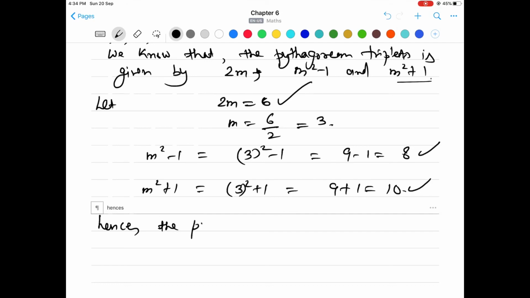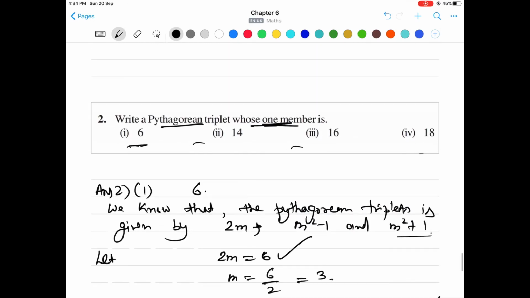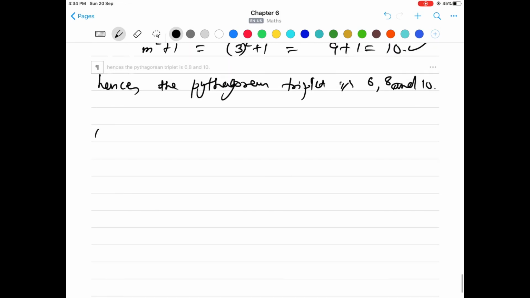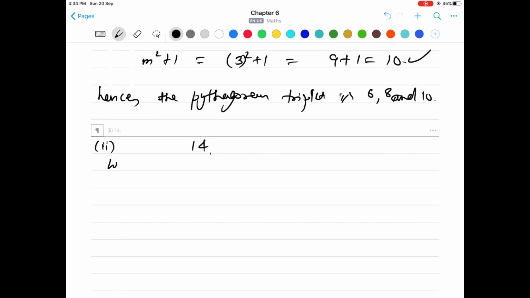Hence the Pythagorean triplet is 6, 8 and 10. Okay, so I will do one more part, and the remaining two will be done by you. So let's take the next number, which is 14. We have the number 14. Again we'll write, we know that